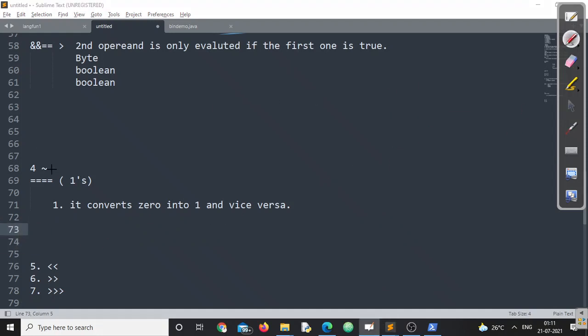Then one more example, and we'll conclude this bitwise one's complement operator. Suppose let us find the one's complement of minus 5. The first thing we need to know is how minus 5 will be stored in memory, then we can think about this one's complement operator, right? Since it is a negative number, it is stored in 2's complement form, right?